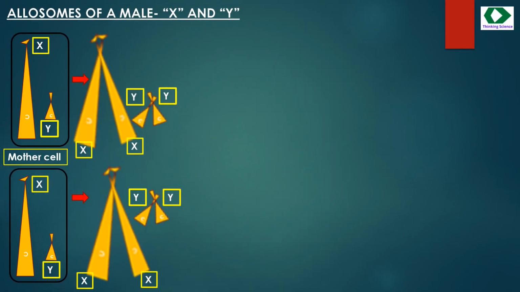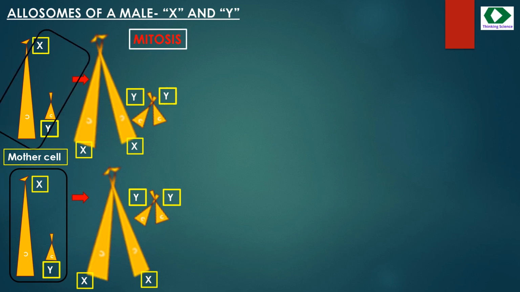In the previous slide, I explained to you how an autosome undergoes changes when that cell undergoes mitosis or meiosis. Now I am taking a pair of allosome in a male, that is the X and the Y, and I am going to explain how it will behave in mitosis and meiosis. So first let us take the chromosomes in the body of a male, one X and one Y. As usual, mitosis is leading to growth. So the testis is growing at this particular point of time.